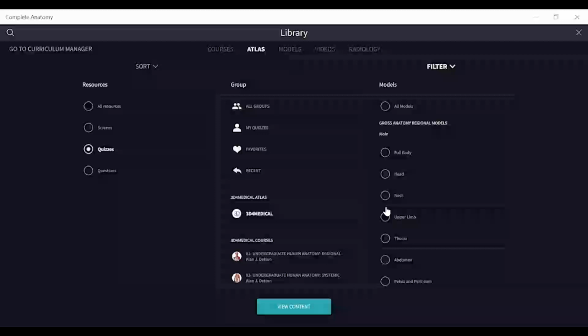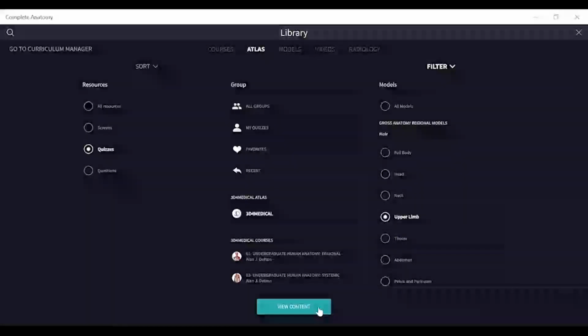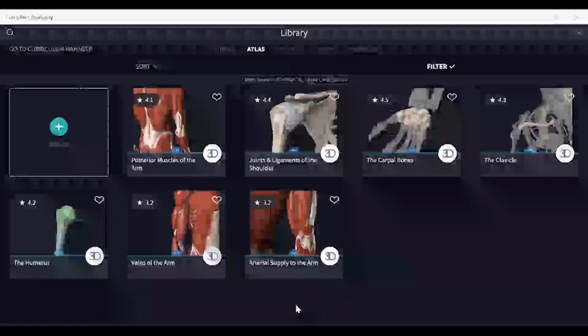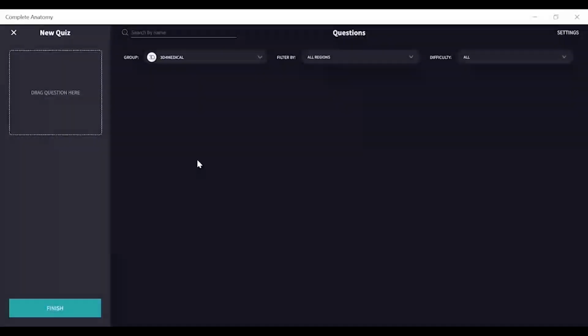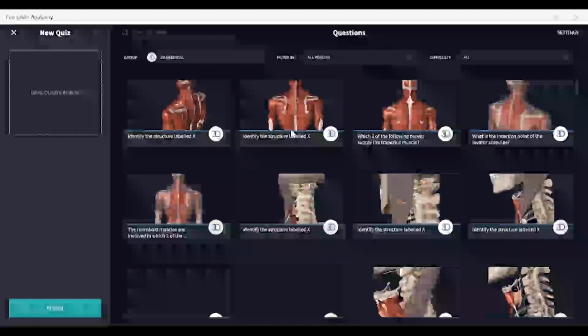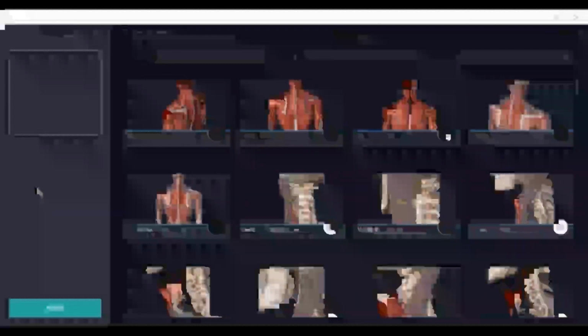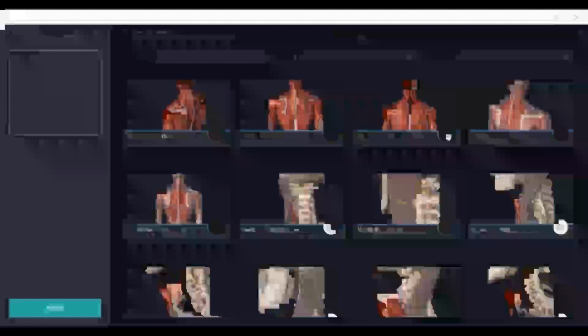Any topic you can just choose, upper limb, and you can see. You can add a new quiz. These are already available quizzes. If you want to make a quiz, I can just go and add here. Select a model, label it, then type the question, add the options, and create the quiz.